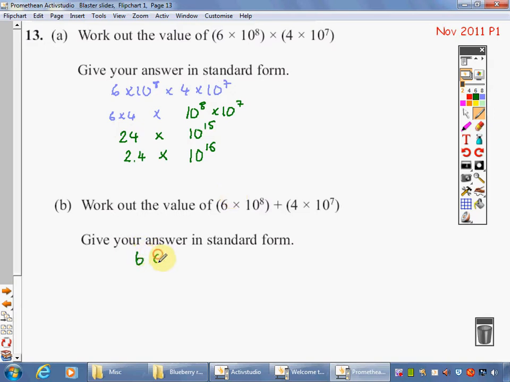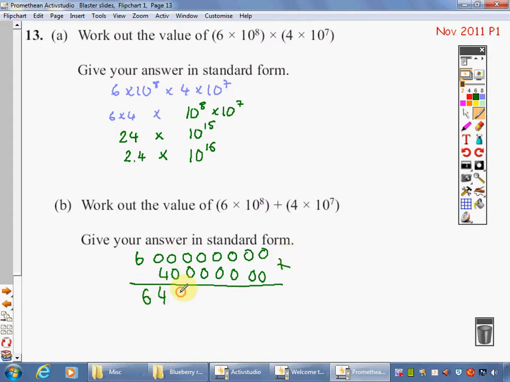6. 1, 2, 3, 4, 5, 6, 7, 8. Now 4 is only going to have 10 zeros, so let's work backwards. 4 there is only going to have 7 zeros. 1, 2, 3, 4, 5, 6, 7. So that's a number I've got to add up. If I add that up, I'm going to get